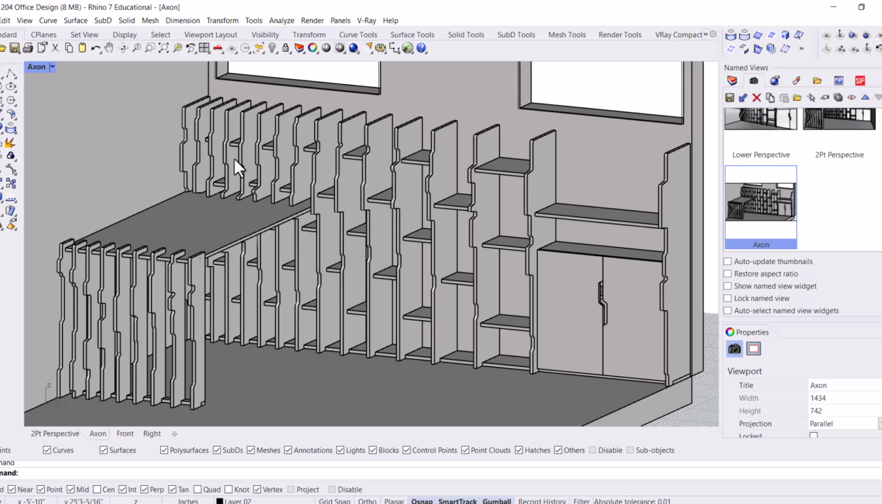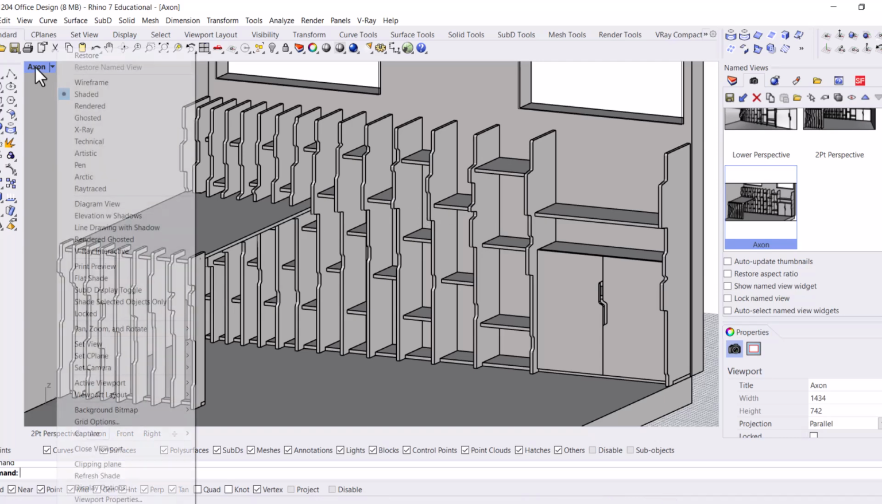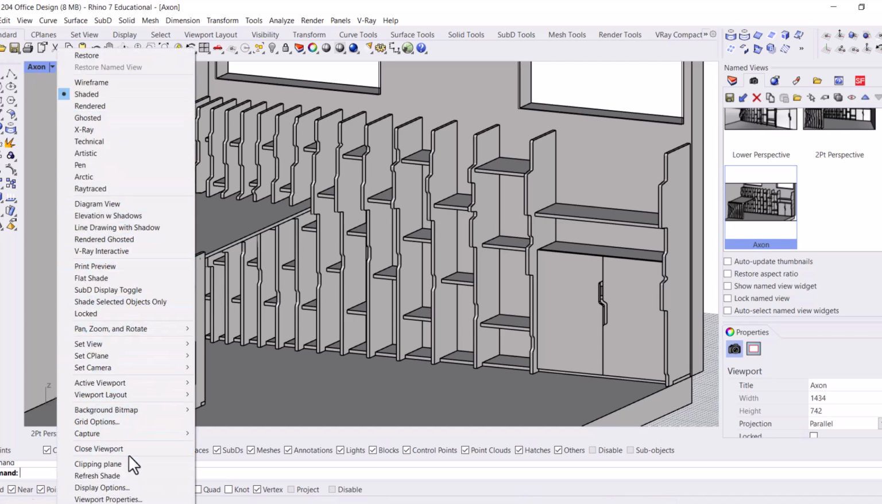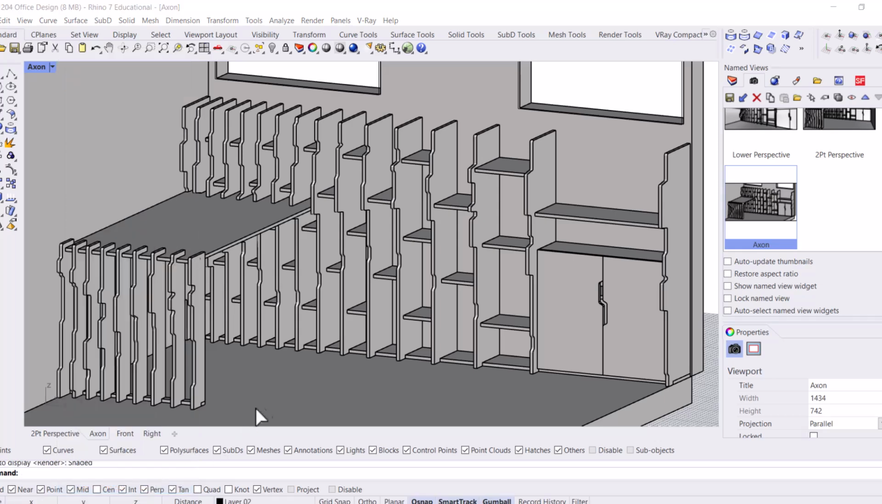I'm currently in shaded view in Rhino. So I want to edit this and create my own kind of more diagrammatic, maybe slight ambient occlusion rendered view. I do want to show line work, but have a kind of more clean view than this. So I'm going to right click this, go down to display options,